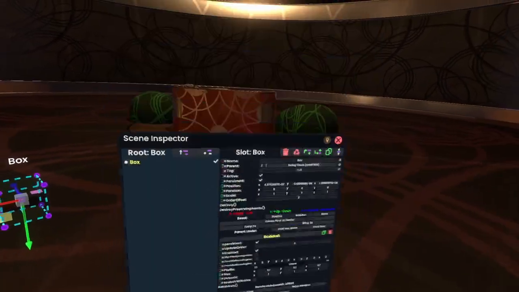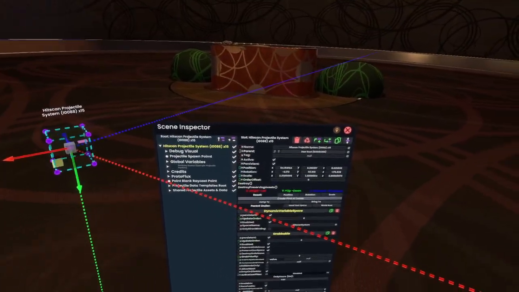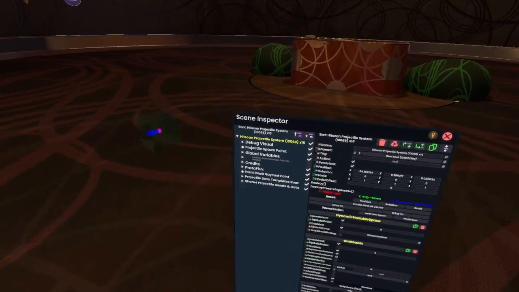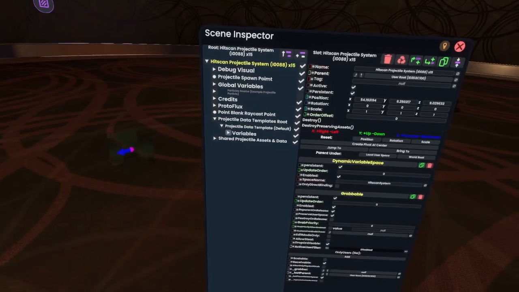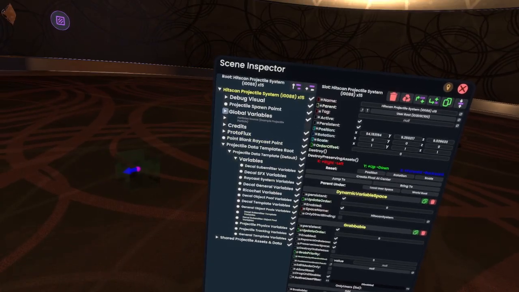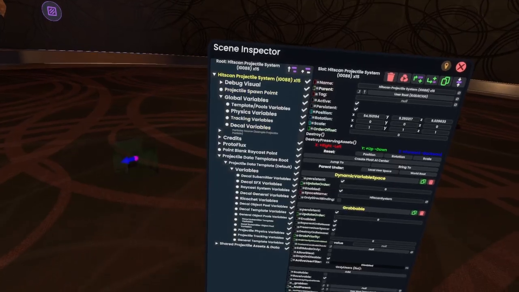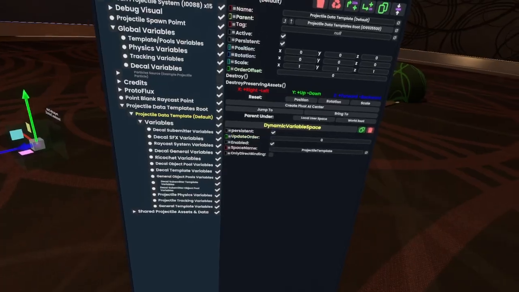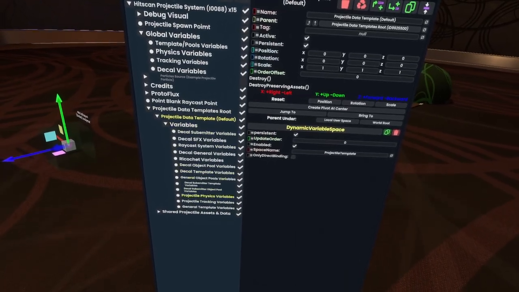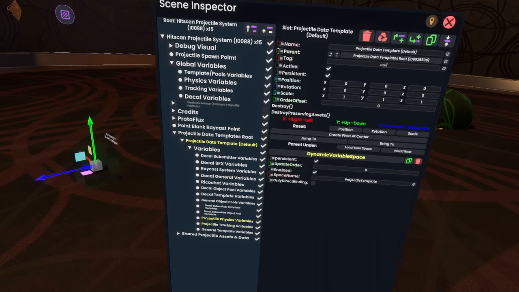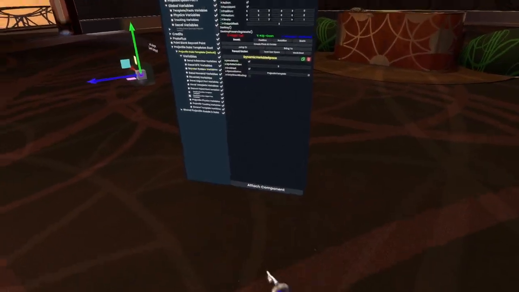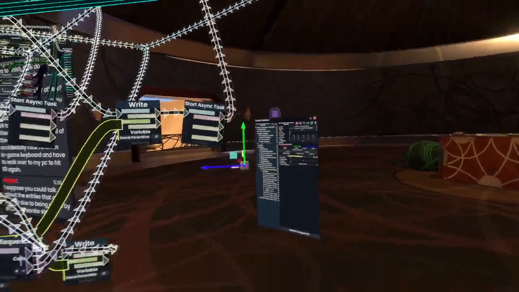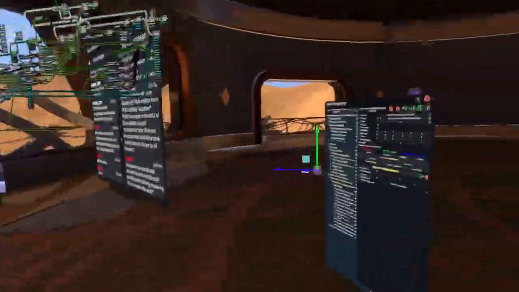Why not just have a single projectile system per world, and each object that has this projectile system has like a template of some sort that has all these variables that originally were on the projectile system, and using a dynamic variable space and all the dynamic variables under it, pipe it through the protoflux via what is called an asynchronous dynamic impulse. That is a mouthful.